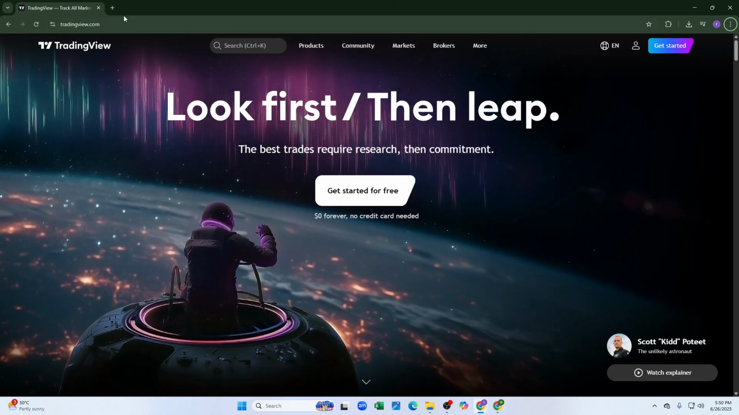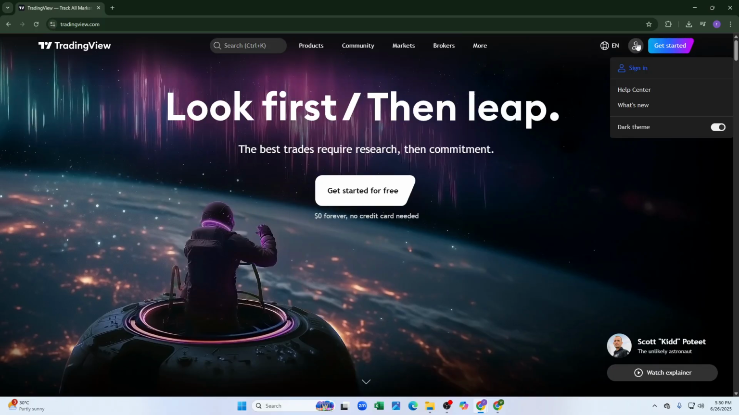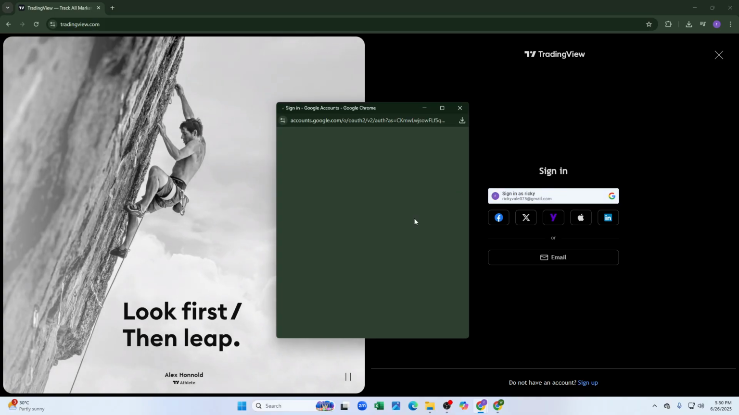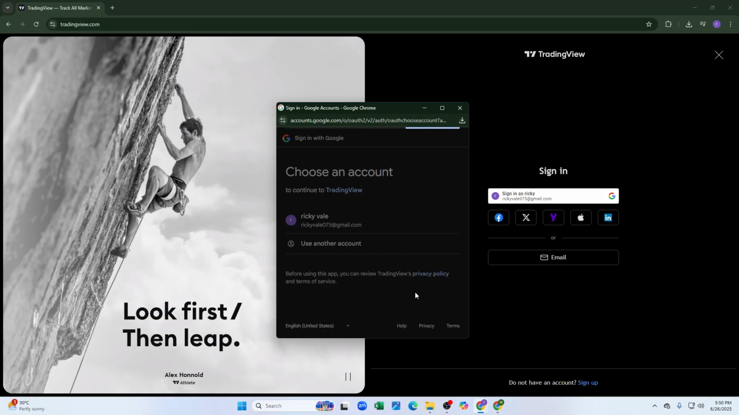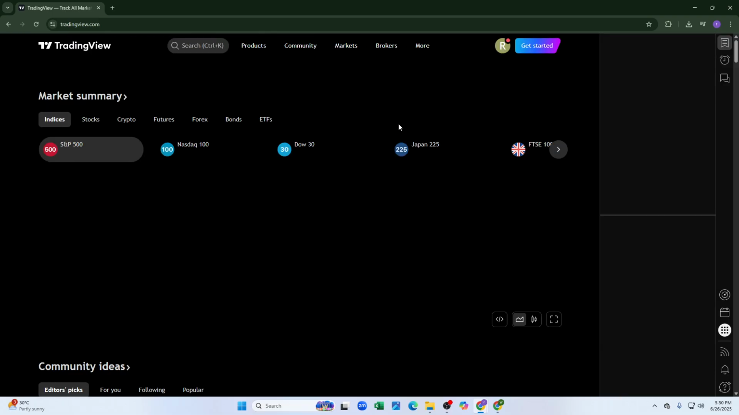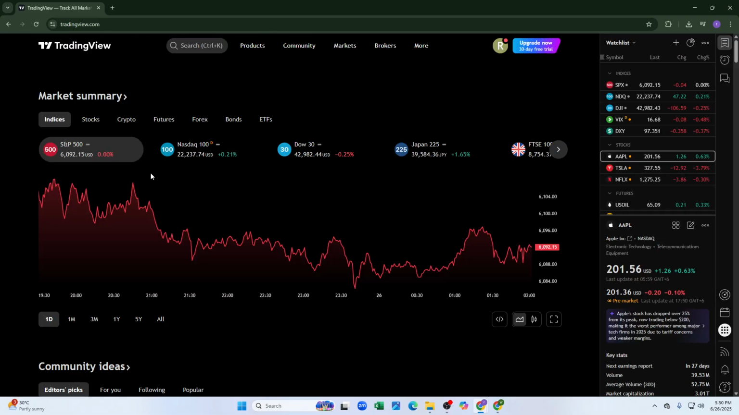So first of all, you need to open a new browser tab and come to the official website of tradingview.com, and you just have to simply log into your account from here. Sign in as Ricky. I'll just sign in with my Google from here, as you can see. And after logging in, you can see here that there is an option called